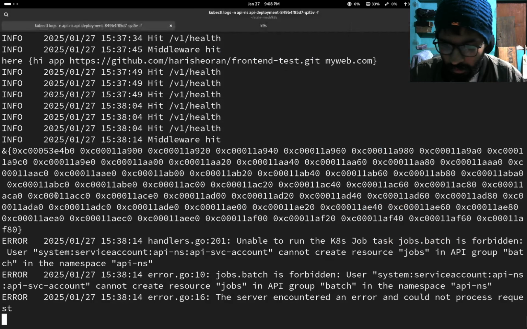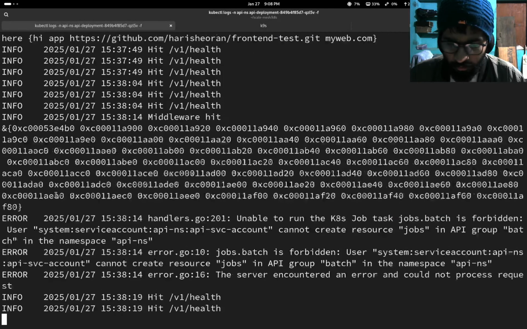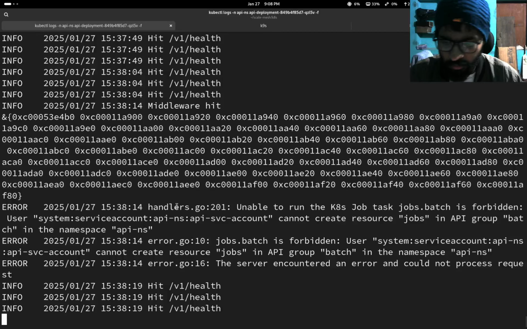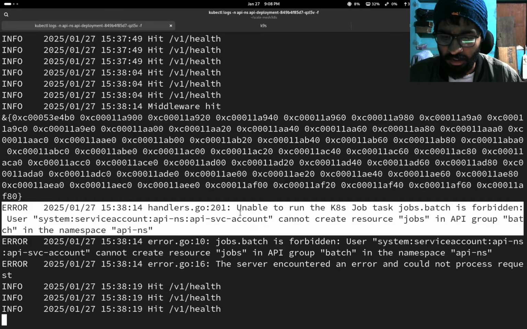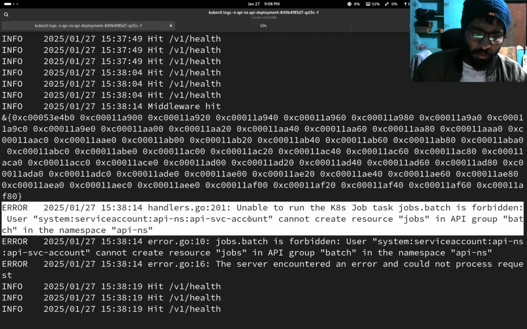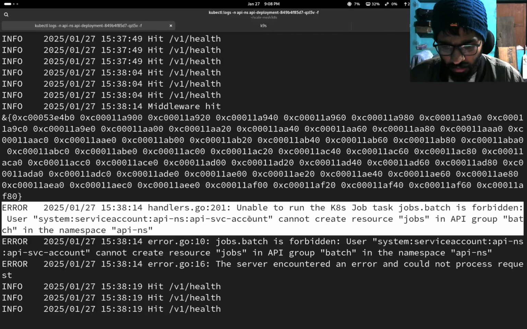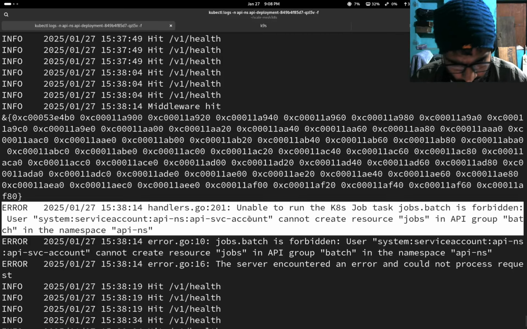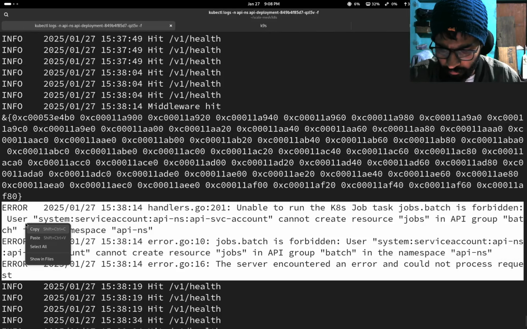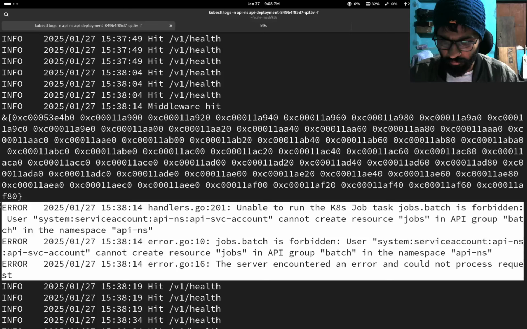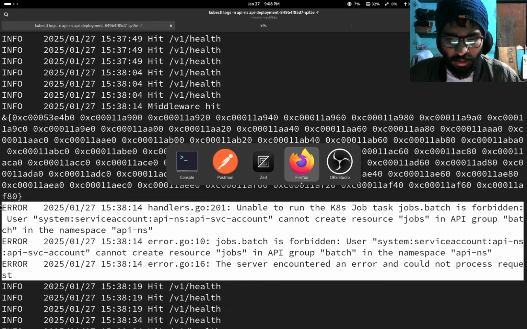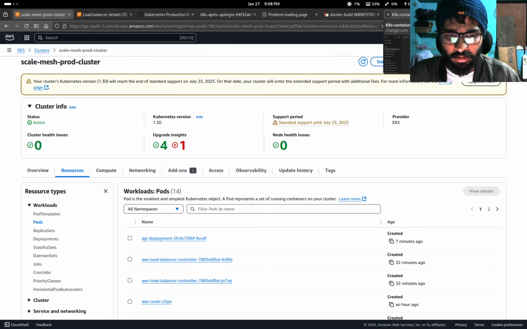Server encountered an error. Holy hell. Forbidden, cannot create resources. Okay, why can it not? Unable to run the task. So I think it needs some permissions. Cannot create jobs in the API. Jobs batch is forbidden. So I think I didn't create the